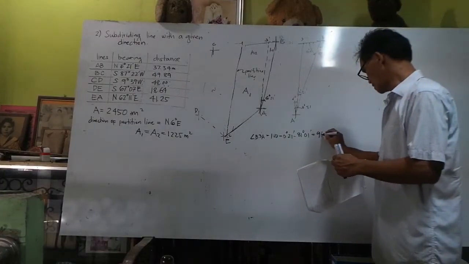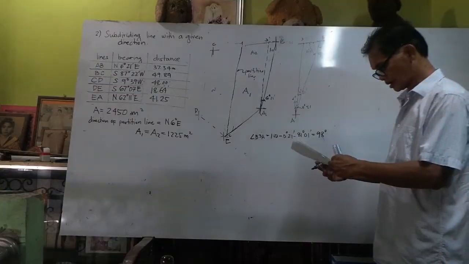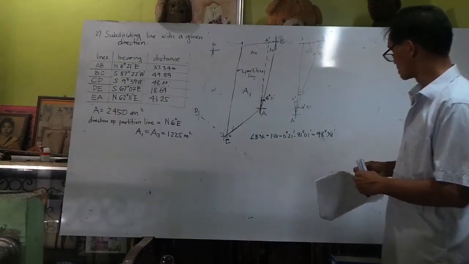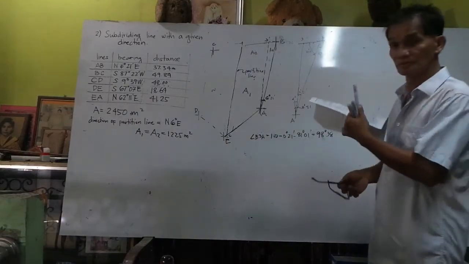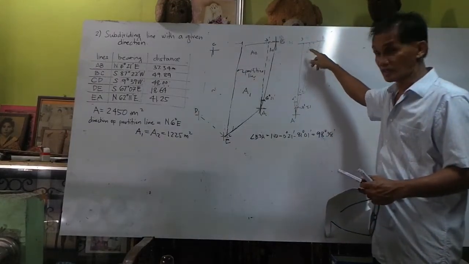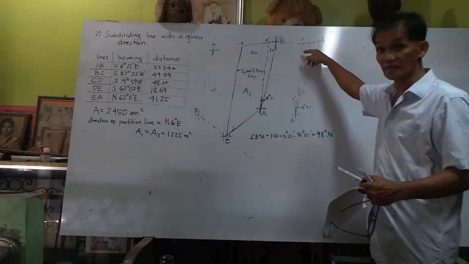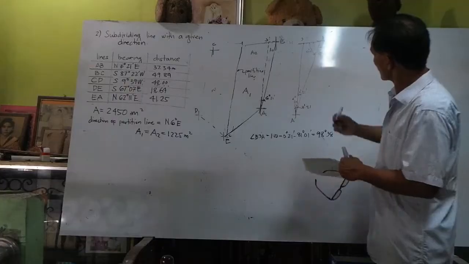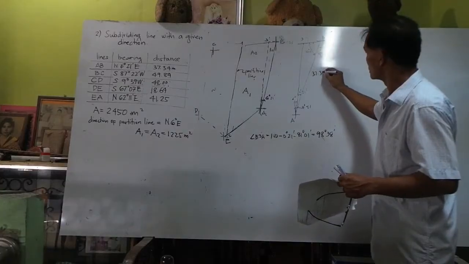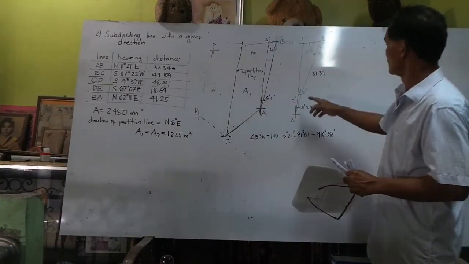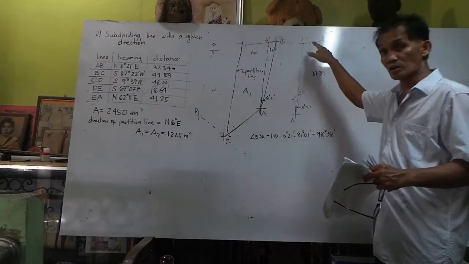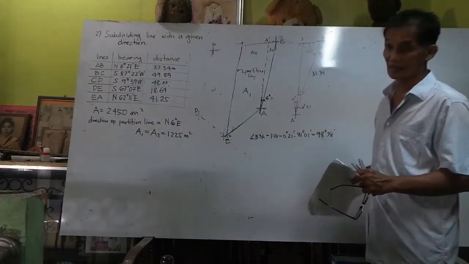So the answer is 90 degrees and 38 minutes. That's the answer. So, meaning to say we have now a triangle with all interior angles already determined, and we have a certain line AB which is given. AB equals 37.34. So, with the given length of the line and the interior angles of this triangle, then we can solve the other lengths of this